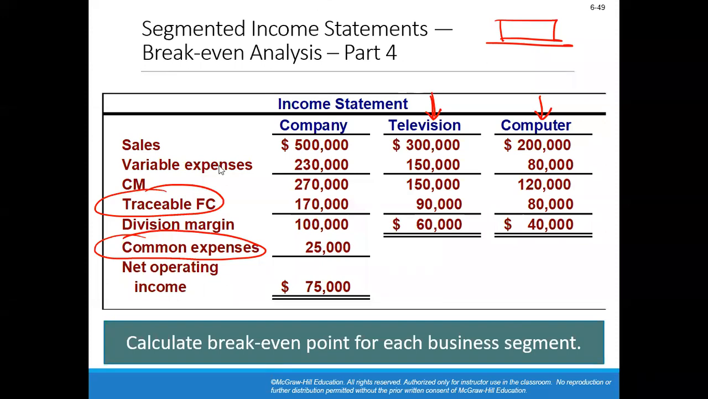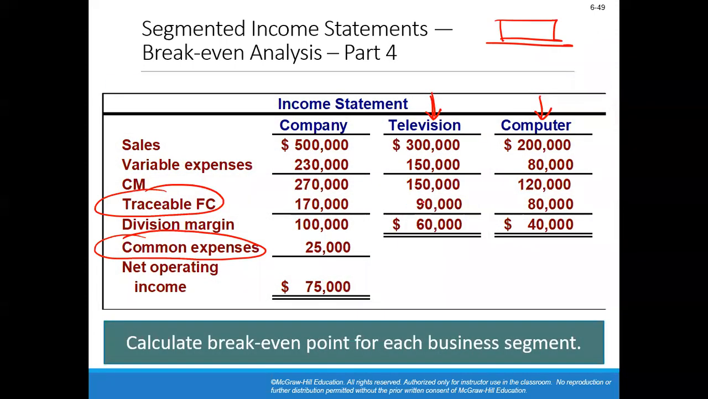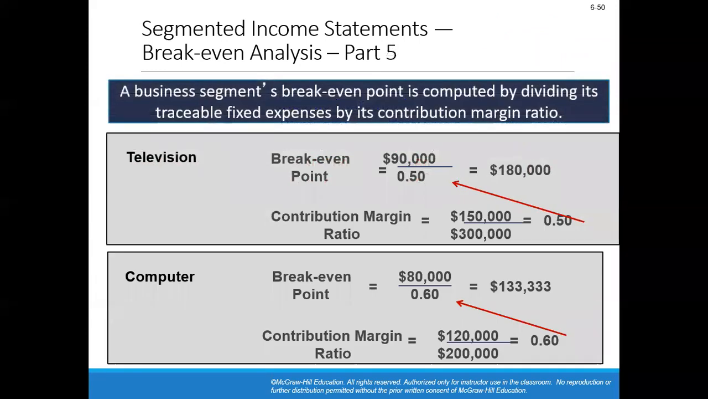Traceable fixed cost only. So you have understood it very well. In the same way, if we take the traceable fixed cost for the television, 90,000, and take the contribution margin ratio of the television segment, 150,000 divided by 300,000, which is 0.5. In the same way, we get the break-even point for the television, $180,000, and for the computer, it is